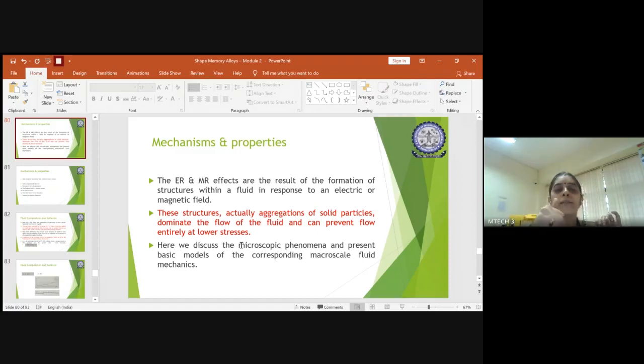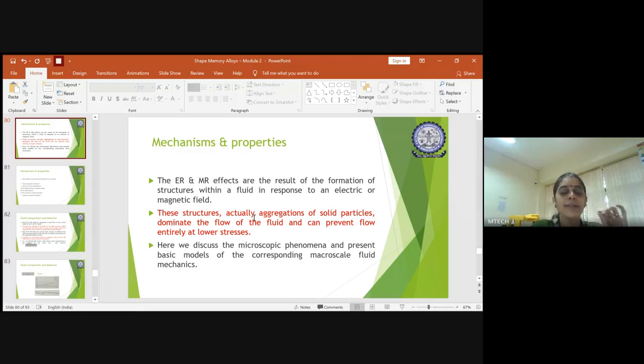One is ER and MR will respond to the electric or magnetic field. Second one, when you have these additives in the ER and MR fluid, the particles will be more dominant than that of the fluid, because these particles will reduce the stress which comes into picture in the moving of the fluid when it is subjected to the top and the bottom plate. Right? So this is the second main concept you have to keep in mind, whether it is an ER fluid or MR fluid. Okay.